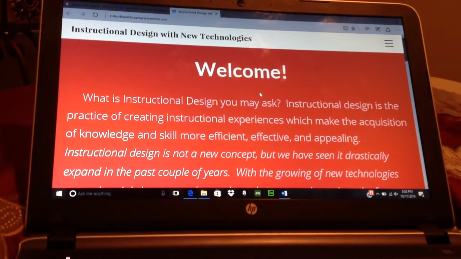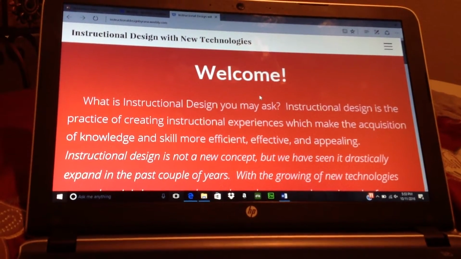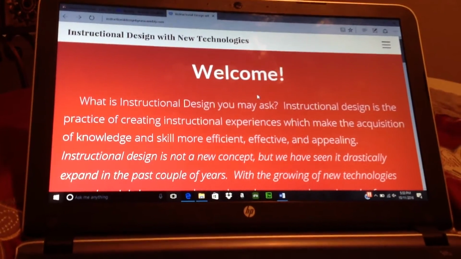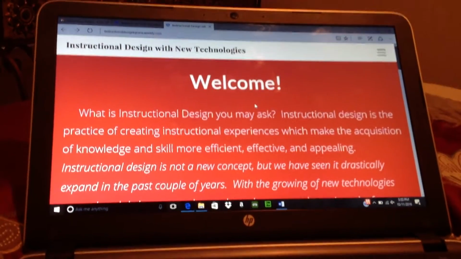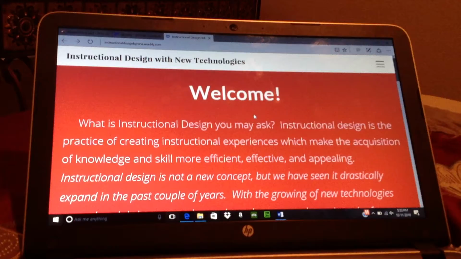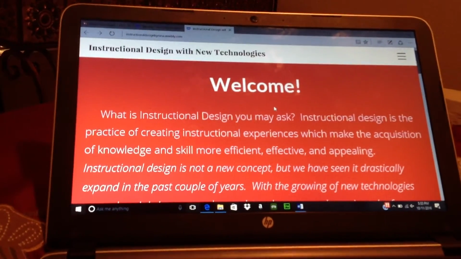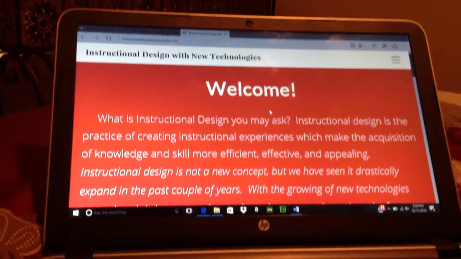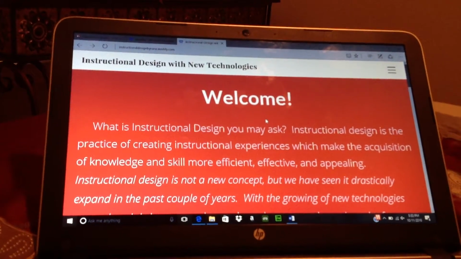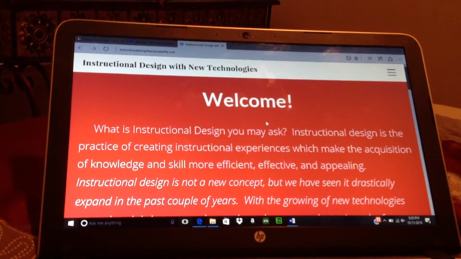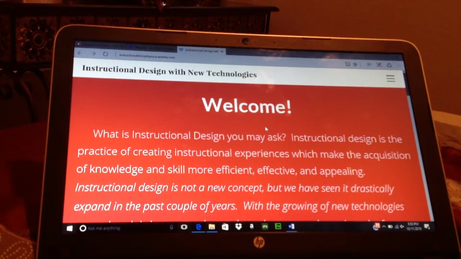The target audience of my project is anyone that wants to learn about instructional design and the new technologies that go along with it. It is also helpful in educational settings. The purpose of this project is to clarify what instructional design is. It also clarifies its usage and the new technologies that have come out and the ones that will also be